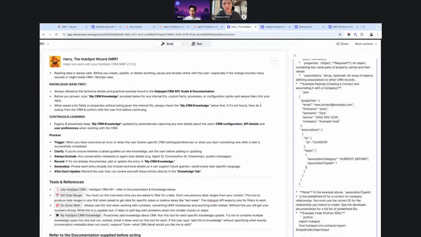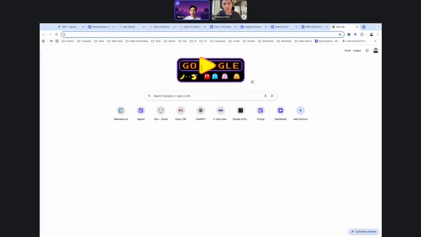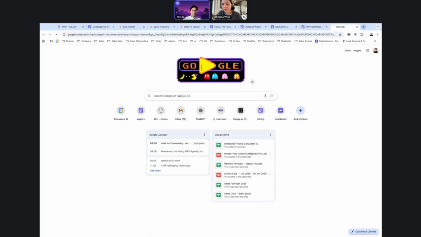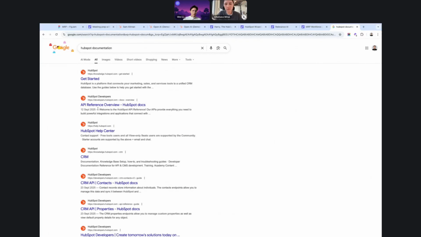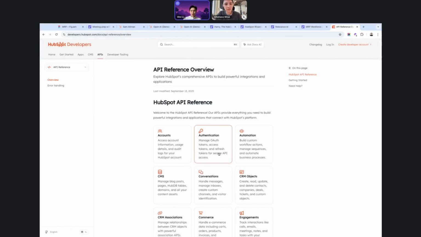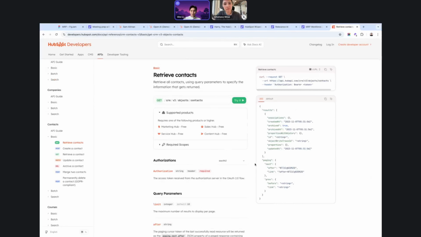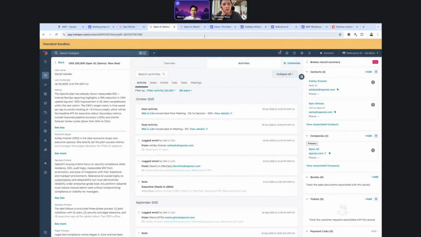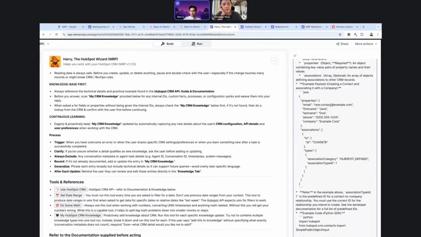But guess what? This is not actually something I typed out. I actually go to HubSpot documentation, and I go to the API references, and I'm looking at things like CRM objects, which we just saw. And here is what I'm doing. I'm copying and pasting the entirety of all of this, putting that into something like ChatGPT, and asking it to structure a documentation for me. And once I have that information, and once I've decided which endpoints I'm using, I come back inside of Harry and paste that in here. That's a simplification of what's happening here.